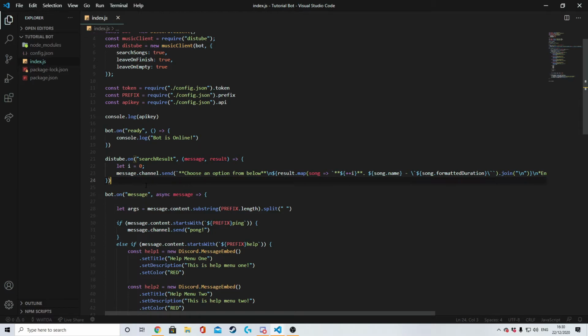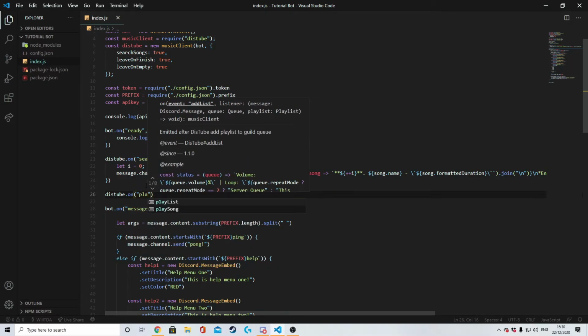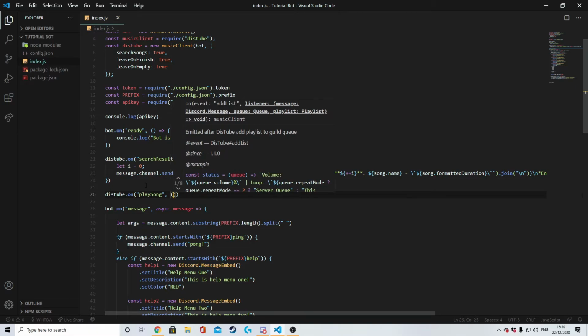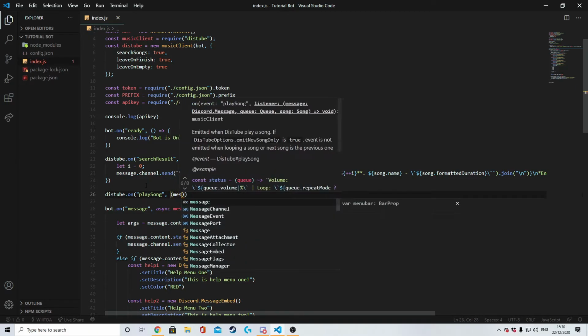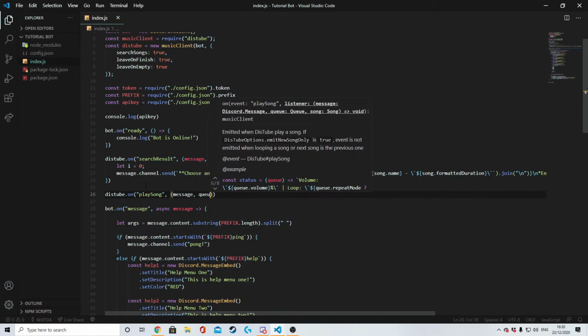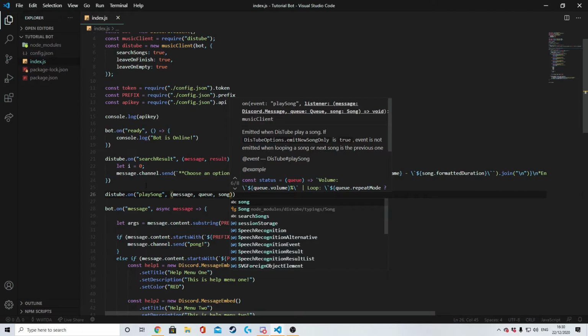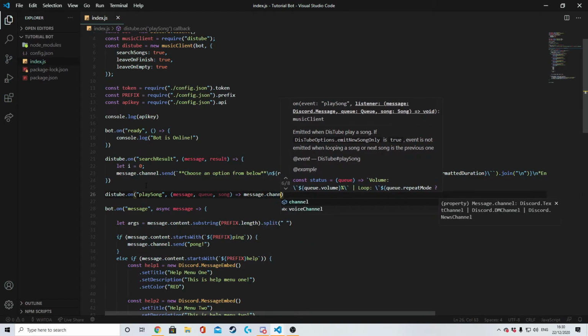So what we're going to do now, after we've just done that, is we're going to send a message to the channel when a song starts playing. So we're just going to do distube.on, like we just did up there, and then this one's going to be playSong, put a comma, some brackets, and then in here we need to pass in 3 different arguments. So this is going to be the message, the queue, if I can actually spell correctly, and the song as well. We're going to do equals and then a more than sign, and then we're just going to do message.channel.send,